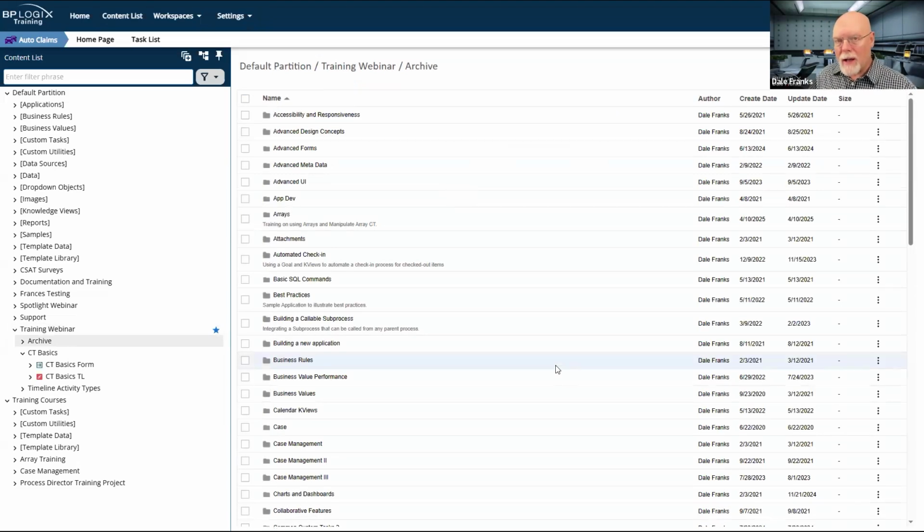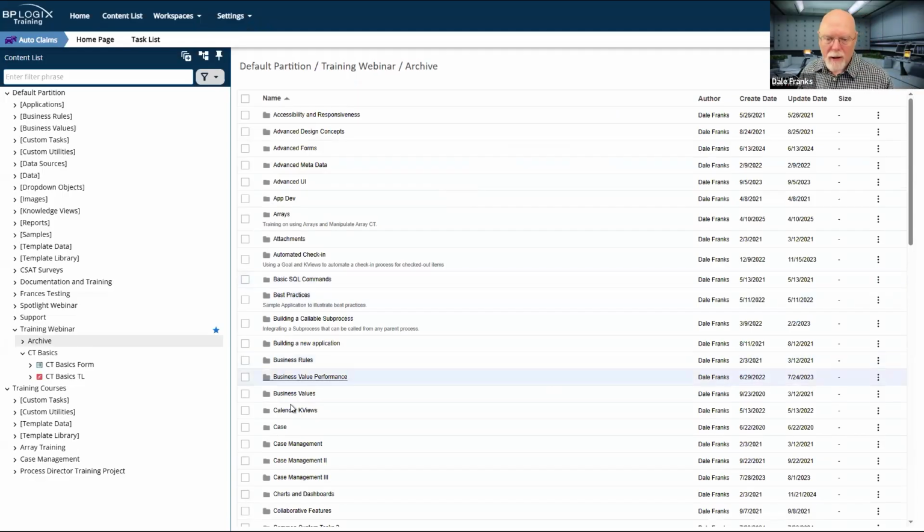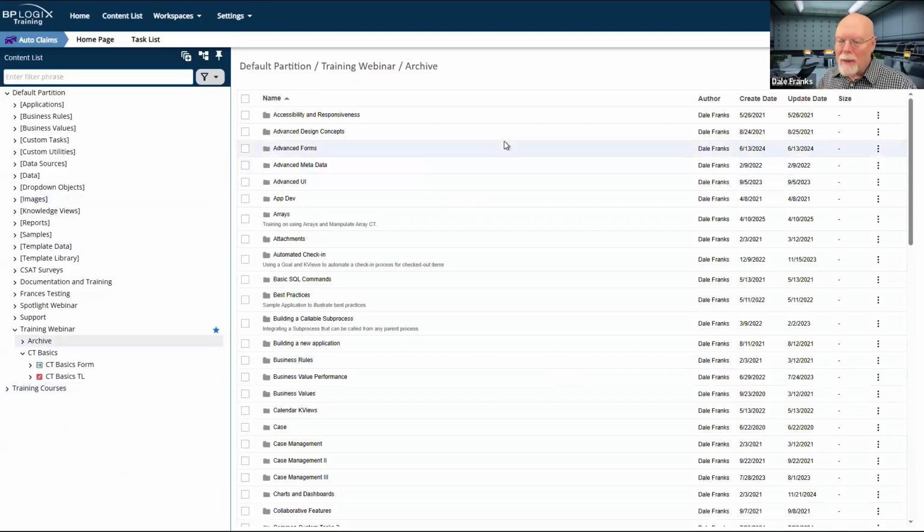And the reason that it's fine, and the reason that I can basically move things at will inside the partition, is because while I'm staying on the same machine, all of the links to every object is done via the object ID, the long GUID, that string of numbers and letters that uniquely identify each object in the system.